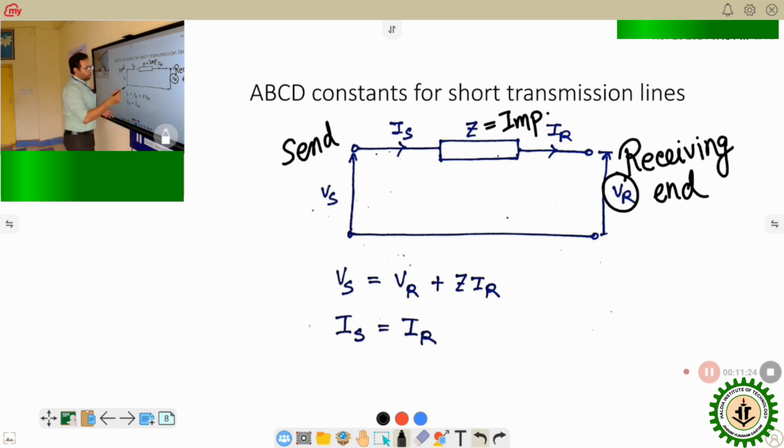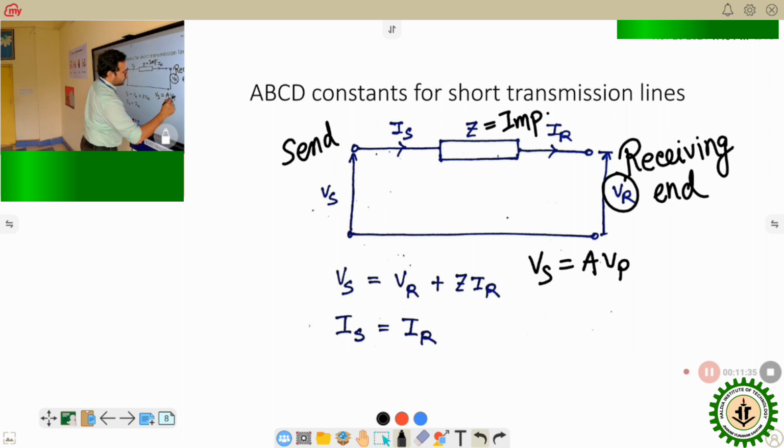Now, if we compare these equations with the two-port network equations, which is Vs is equal to AVR plus BIR and Is is equal to CVR plus DIR,